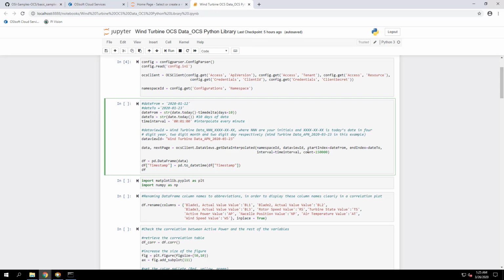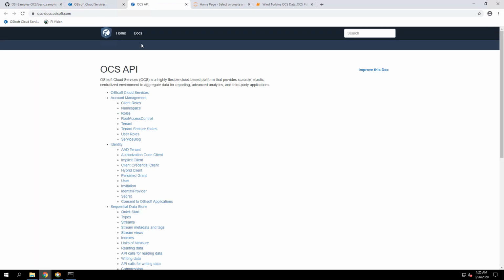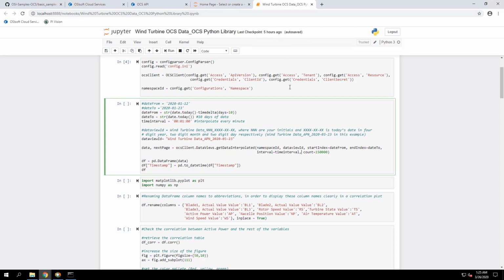For this specific lab, we don't need to do that. Of course, it's best practice to do that, and it's recommended in a production environment. We have documentation on that in the API documentation, which, again, just a reminder, you can access from OCS under API documentation. So in a production environment, it's preferable to specify a low page count. Again, by default, it's 1,000 if you don't specify it, and then move through the pages to build your data set that way. In this case, we're just going to get all the data in one shot.